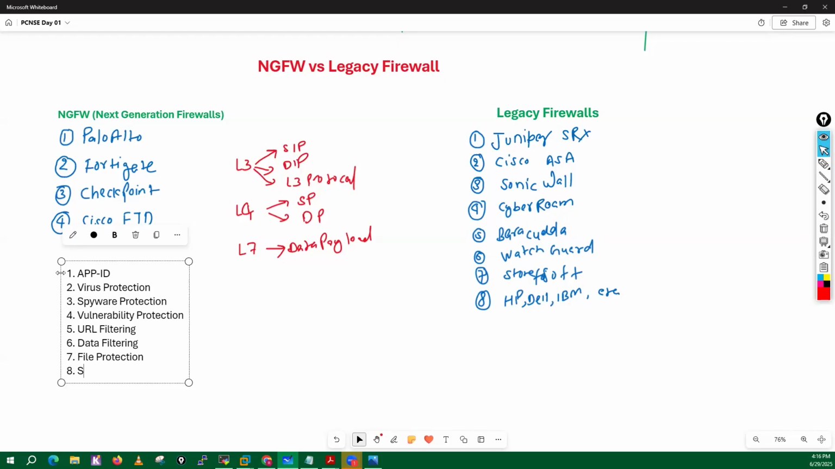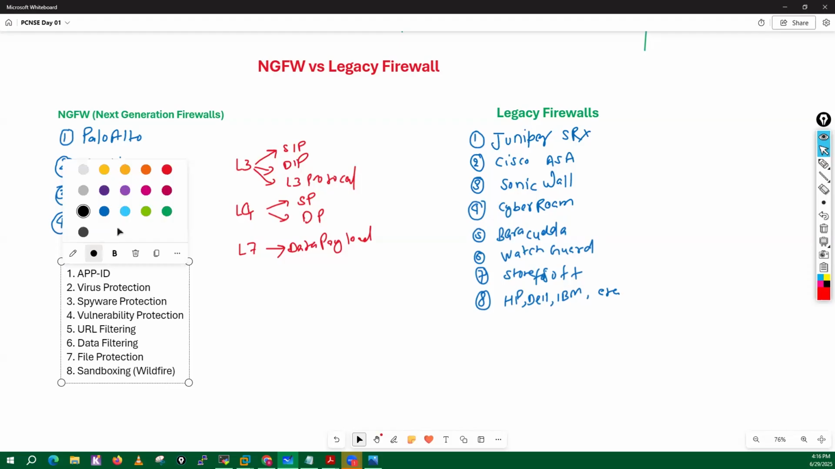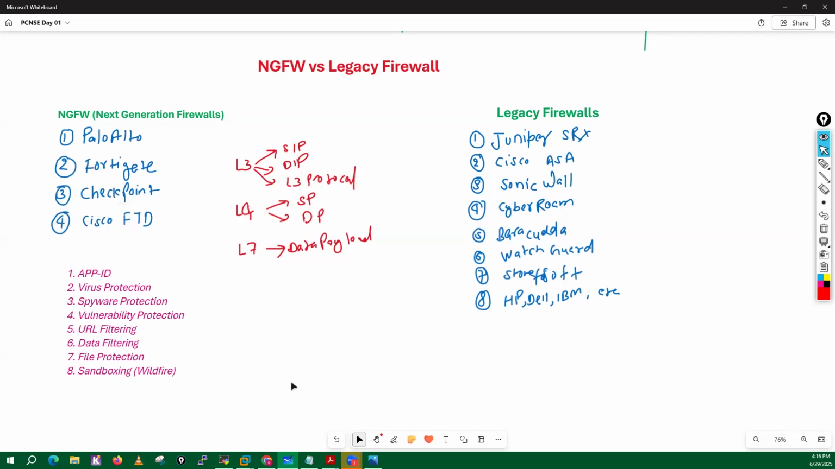Then they have sandboxing, or within the firewall terminology, it is known as WildFire. So those are some features which are also available in your next generation firewalls. They have those particular features, and obviously there is one more,